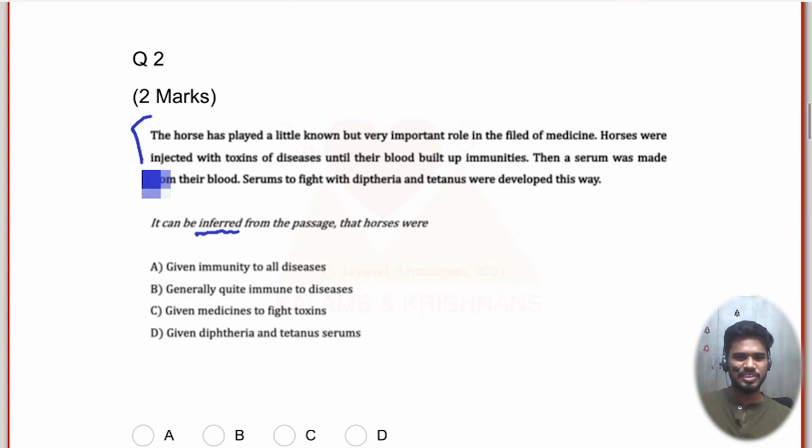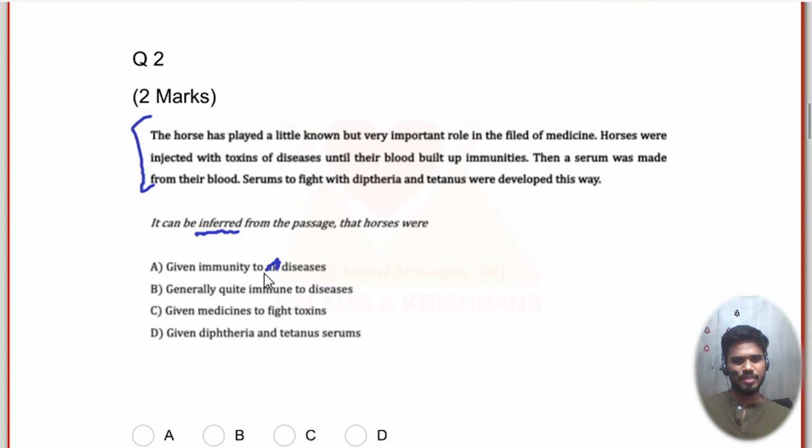GATE kind of took the test, and the original question was, what does serum mean in the above text? And they gave 4 meanings for serum. We all know that. So what the GATE committee did is they made it an inference question and asked what can you infer from this. The actual GATE options are this.